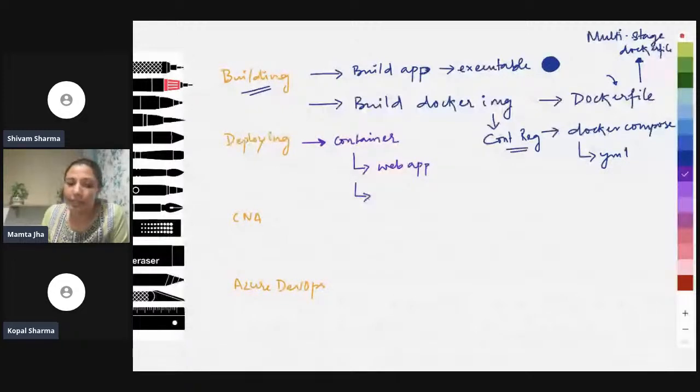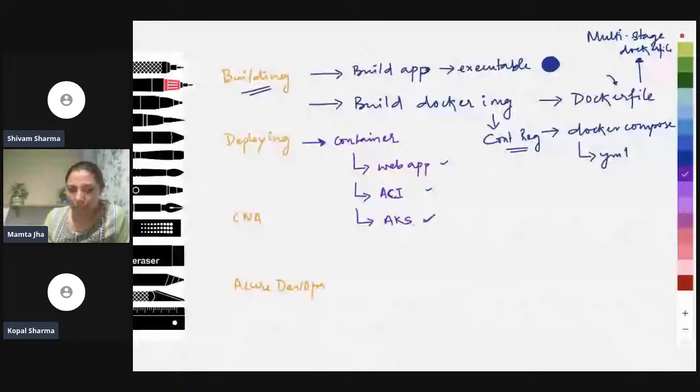I could have used Azure Container Instance and deployed as a container, or we can deploy that as a container in our AKS cluster. If you have a single instance of a container which you want to run, or a single application which you want to run, I can use this. Or if I have a web application which I want to containerize and run, I can choose this. We have chosen Kubernetes. We would be deploying our application in this.